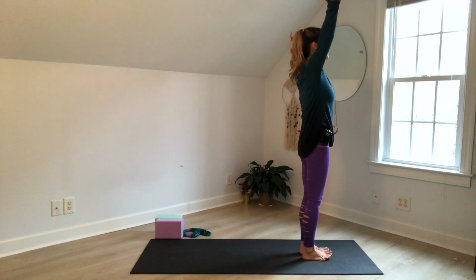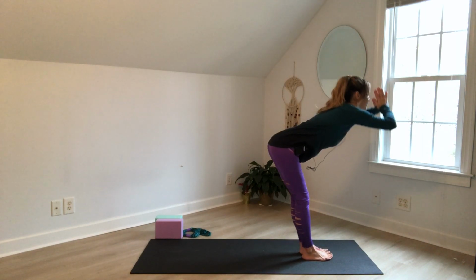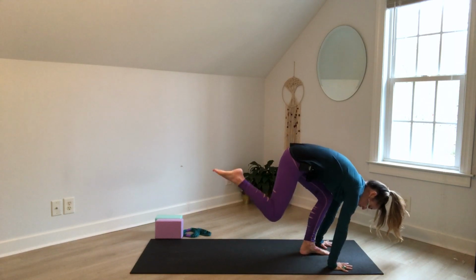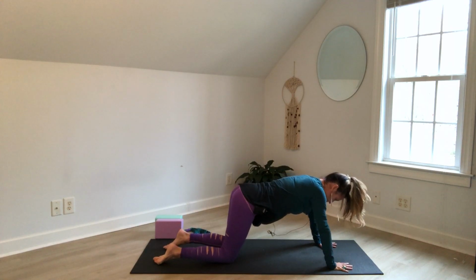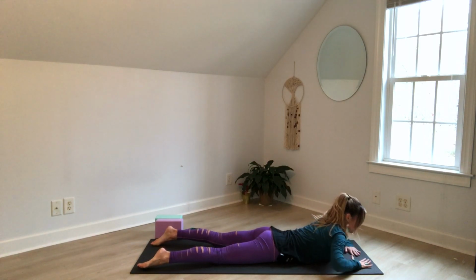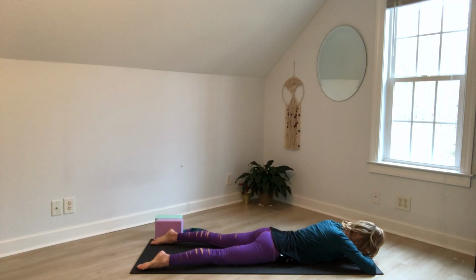Inhale, sweep the arms up, gathering all the energy. Exhale, hinge at the hips. Fold forward. And from here, planting the hands, come on to the right shin, come on to the left shin. Now we are going to come onto our bellies, coming into a prone position. And as you come onto your belly, first just stack one hand on top of the other, lower your forehead down to the mat, and just let yourself ground down, transitioning from standing